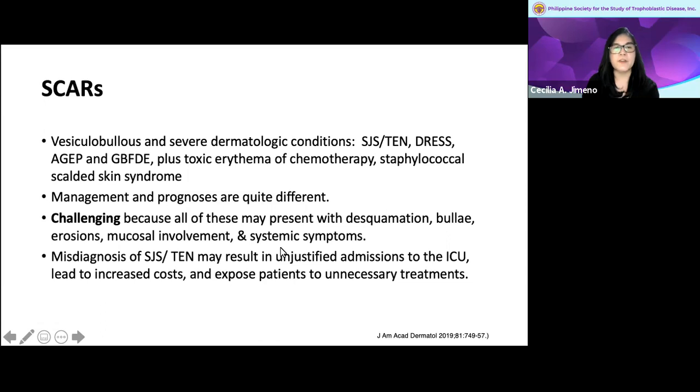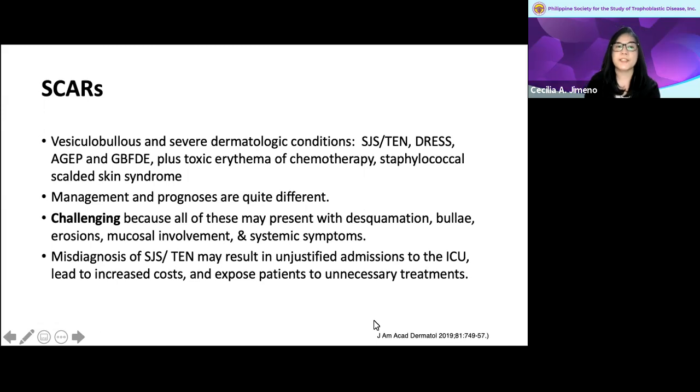It's important to recognize them because management and the prognosis may be quite different, but recognizing them would be quite challenging, and that's why specialty or subspecialty referrals are needed, because they all present with desquamation, bullae, erosions, mucosal involvement, and systemic symptoms. Now, misdiagnosis of the most life-threatening condition, which is the SJS/TEN, is needed, but if we wrongly misdiagnose them, they may result in unjustified admissions to the ICU, leading to increased costs and exposing patients maybe to